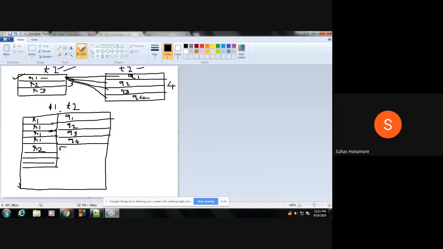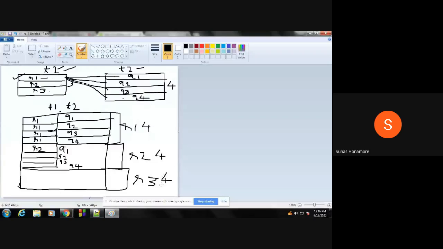Total is 3 rows into 4 rows, so we get 12 rows.